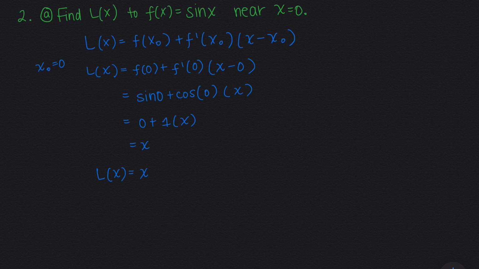Let's see what happens if we put both of these functions on a graph. So this is what we have when we graph L of x and f of x. Remember, L of x is the linear approximation, or our linear estimate of f of x. And if you look at this window, that seems to be negative 0.5 to 0.5, it seems that L of x and f of x are actually one on top of the other, meaning